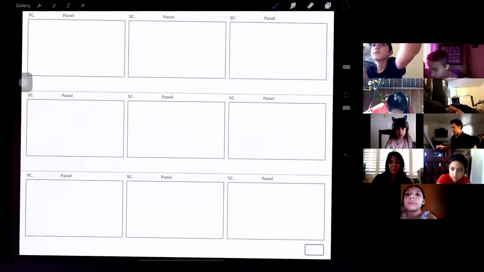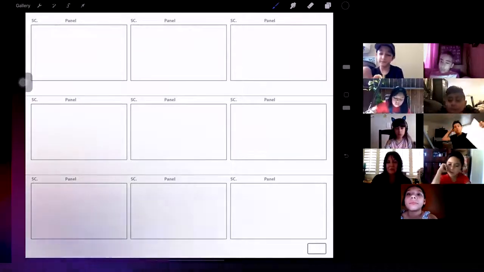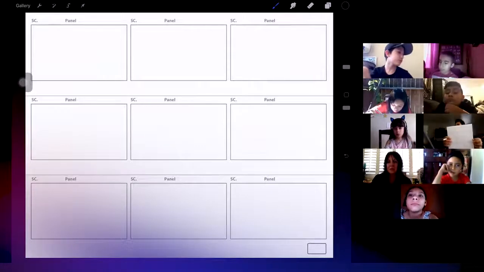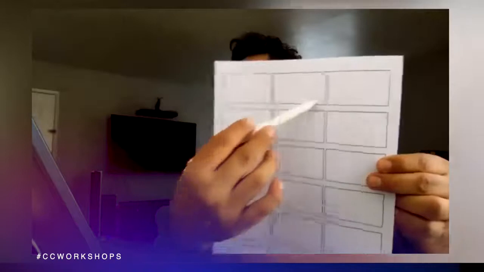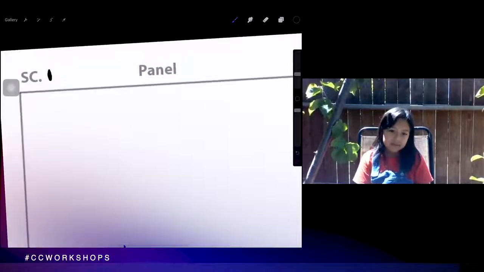These are going to be kind of like the board panels we're going to use to draw. You can make them at home too with a ruler. You can make them kind of like that, where you have a bunch of little squares where these things are going to happen. Okay? It could be as simple as this. I made these on the computer, but when I was younger, before computers, I used to make them with a ruler. So you want to always label your scenes.